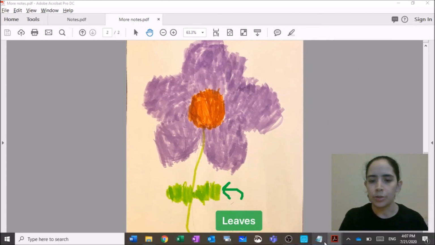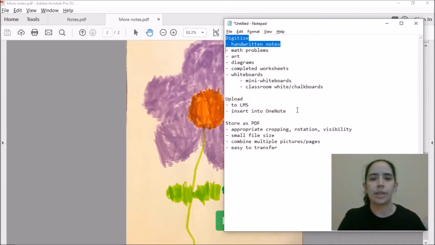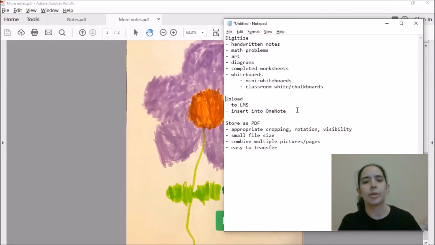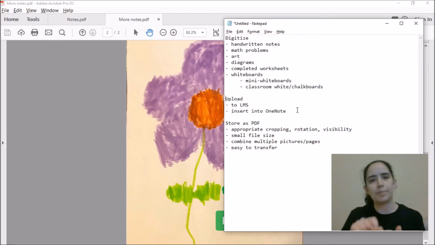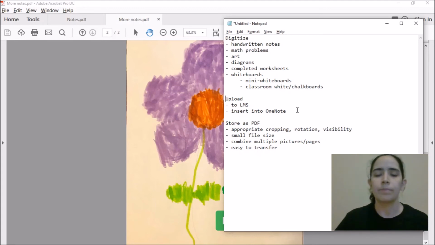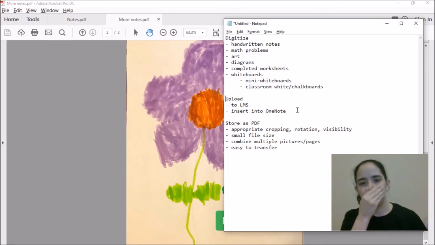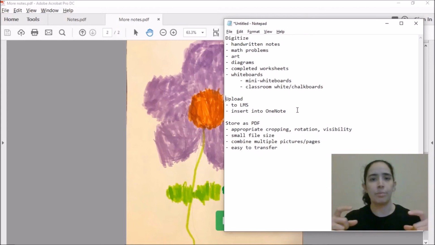So what might you use this for? You can digitize handwritten notes, math problems, diagrams. You can do worksheets by hand and then upload them if your students don't have tablets or don't have tablet capabilities. Like I said, you can use whiteboards. There was a whiteboard setting that you can use. It'll automatically recognize a whiteboard on the wall, for example, or if your students are working on mini personalized whiteboards,